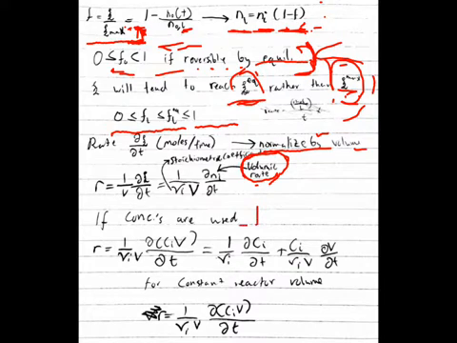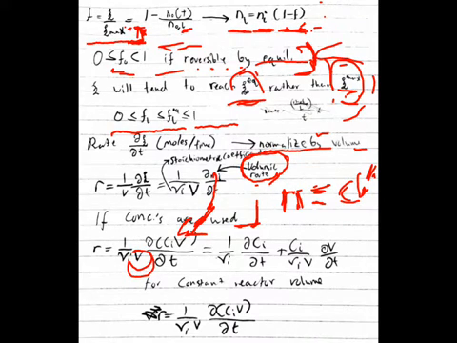So if concentrations are used, you can just assume that, and keep in mind that, sorry, this pen is really bad, N is equal to C times V, concentration times volume. So what we're doing over here, we're taking our N and substituting it for C times V, and we're normalizing by volume over here. We're dividing by volume, and we have our stoichiometric coefficient. Now what this R stands for is basically the rate